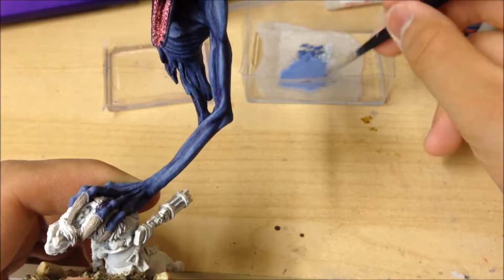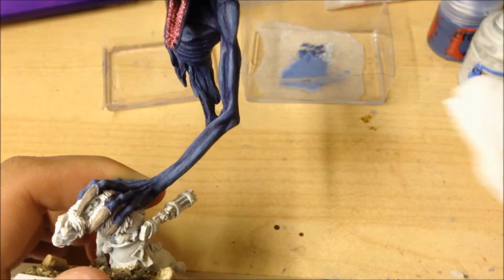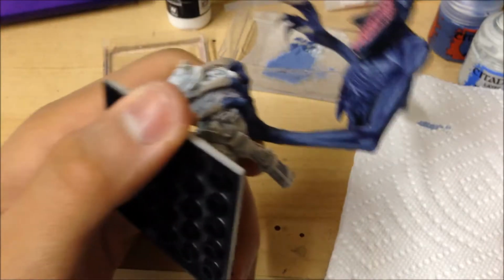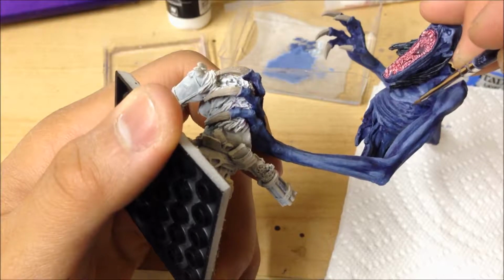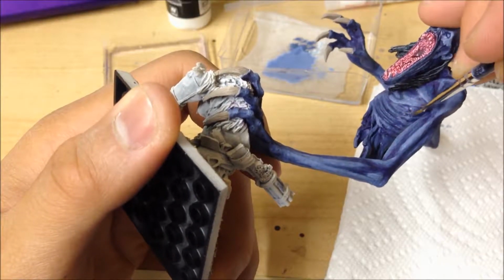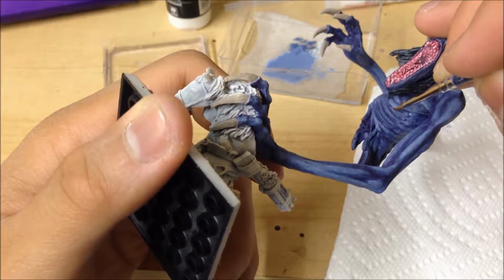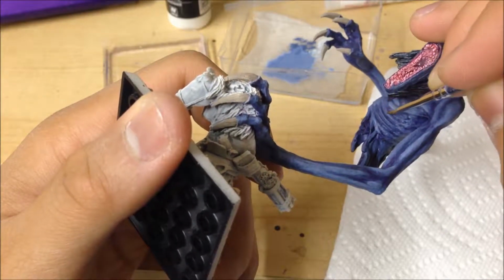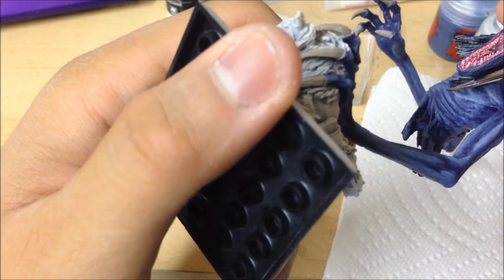So let me show you guys what I'm going to do as an example. I have my wet palette, and I'm going to wipe off most of my paint, and I'm going to glaze this area right there, and I'm going to keep going over it again and again until I get the nice color that I want. And with this color, since it's a lot lighter, I like to go for only the raised areas. And then after this, it's going to be